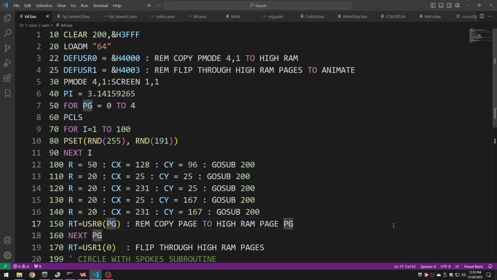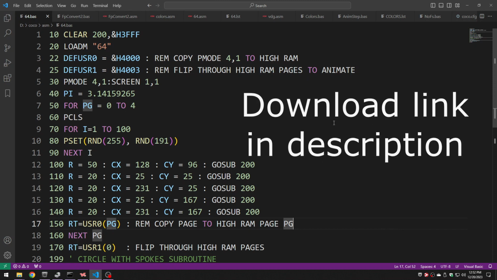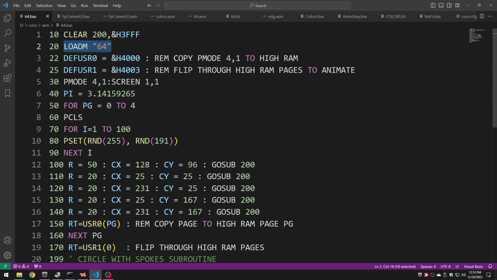The code consists of a BASIC part and a machine language part, so we're going to look at the BASIC first. When you run the BASIC code, it will load the machine language code, and then it will define 2 user functions that call into that assembly language code. So USR0, we call repeatedly for each frame. So when each